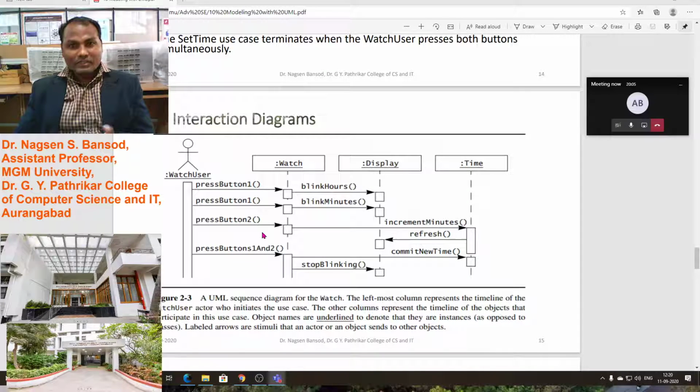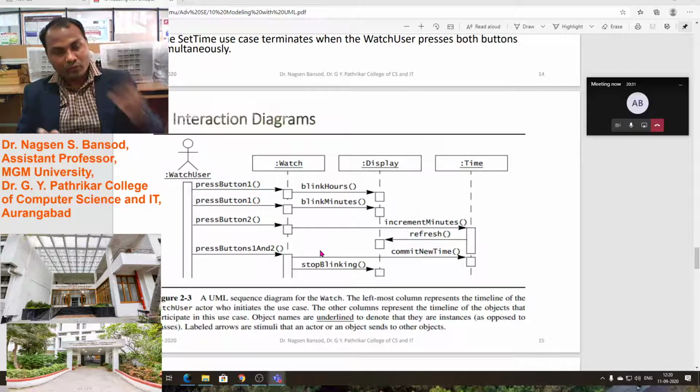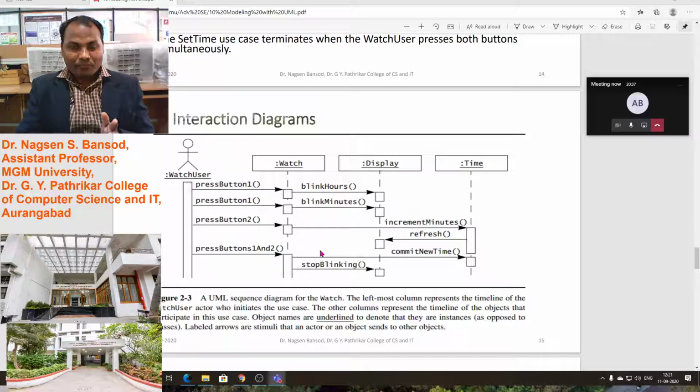We know a simple watch. In a simple watch, you see these are the operations. How do we have to represent these operations with the help of an interaction diagram? Though this project is very simple and very small, we can draw the interaction diagram showing how the user will work with the watch and which functions he will perform. To represent the interaction between the user and the watch, we have to design an interaction diagram.